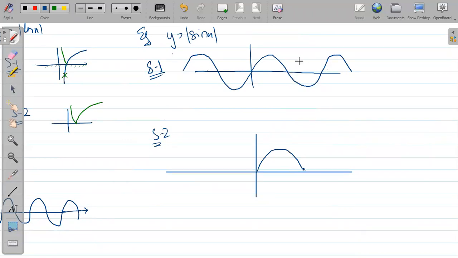So whatever there is in downward part, its image will be taken. So this part will come here. It will be taken image. You can check it out. This will be the image. This will be the image. And then you have to remove this part. So the final graph, you will get like this or not? Yes or no? Can you feel it? So it's very obvious. Yes, we are getting it.